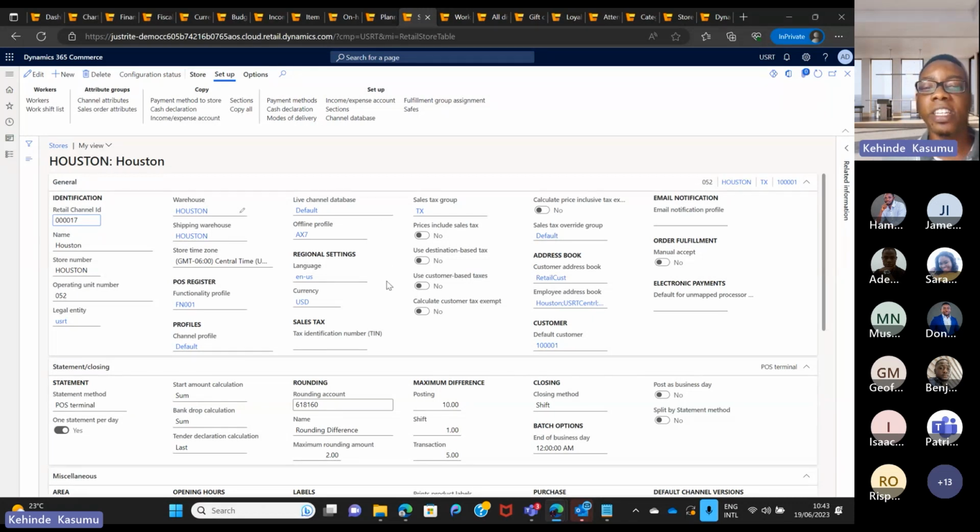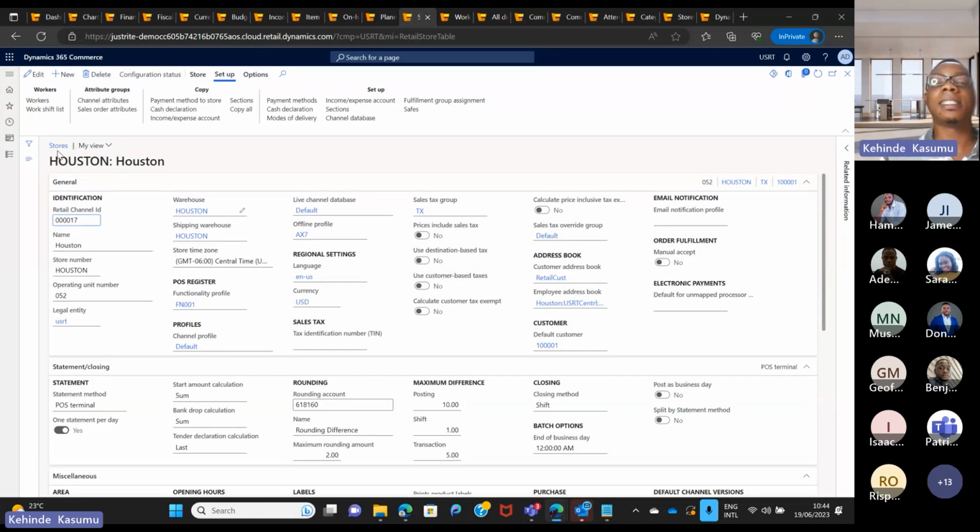One of the functionalities my colleague spoke about, which is quite important especially in events where you could have network downtime, is the offline functionality. You could configure the registers, which are also mapped to the stores, to support offline modes. So that when you have network interruptions, you could automatically switch to offline mode, where your cashiers keep on selling to your customers and are not interrupted, and you don't have long queues.